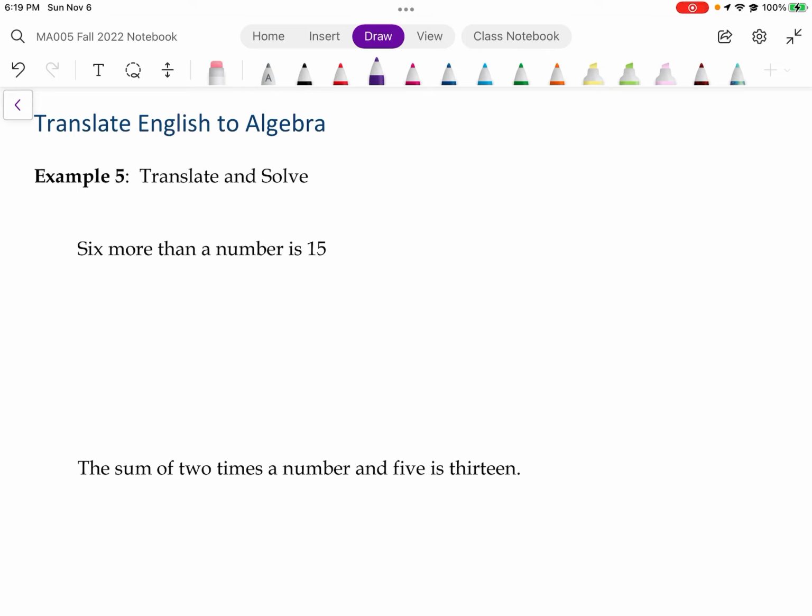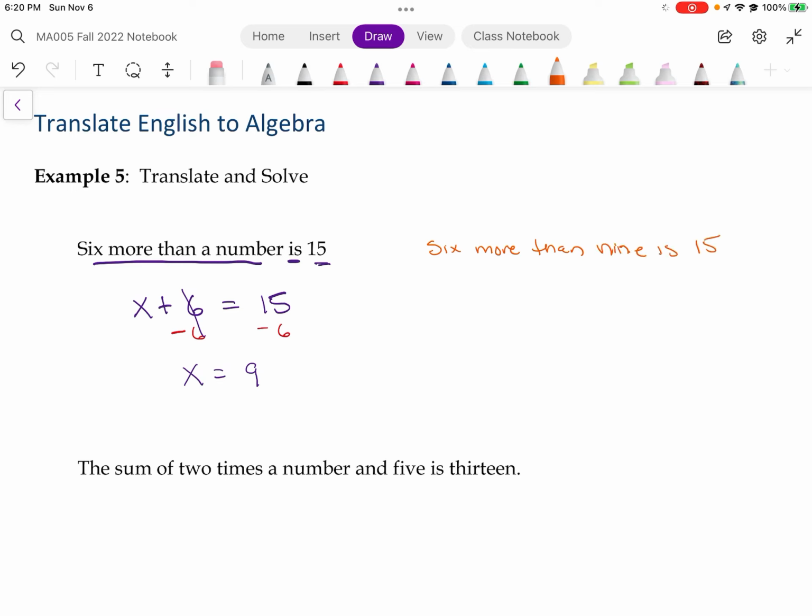All right, so we've got 6 more than a number, and then we've got the "is 15." So something equals 15. So 6 more than a number is just x plus 6. Is equals 15. Now we're going to solve by just subtracting 6 from both sides, and we get that x equals 15 minus 6 equals 9. So now, say to yourself, here's how you check these. 6 more than 9 is 15. Is that true? 6 more than 9. So 6 plus